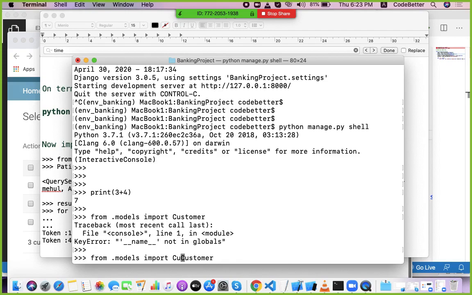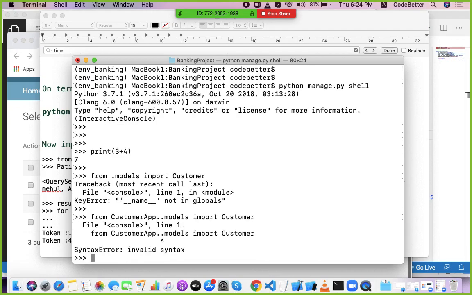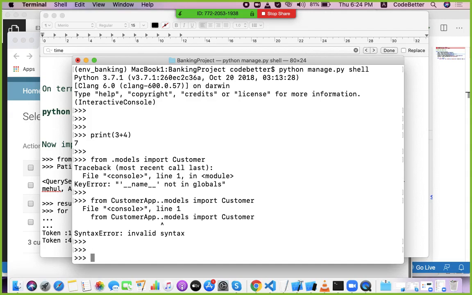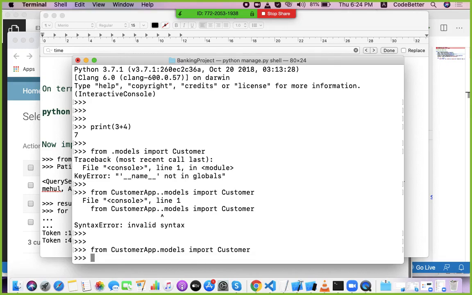So import customer from customer app dot models. Is the font visible to everyone? Yes. So I have imported the customer model. Now I am connected with the customer model.